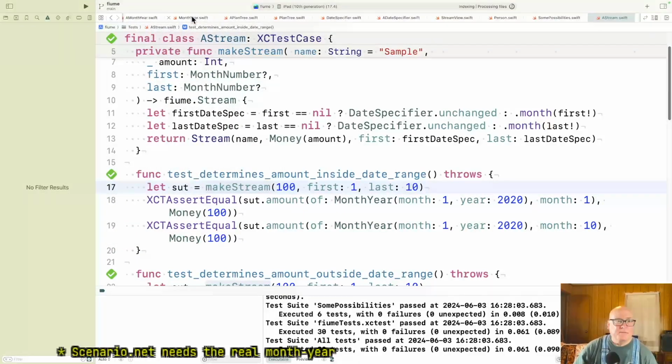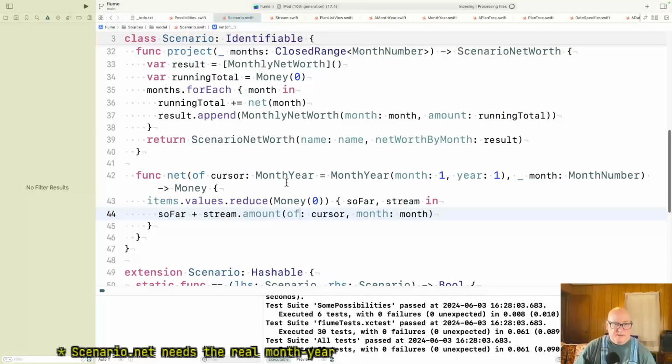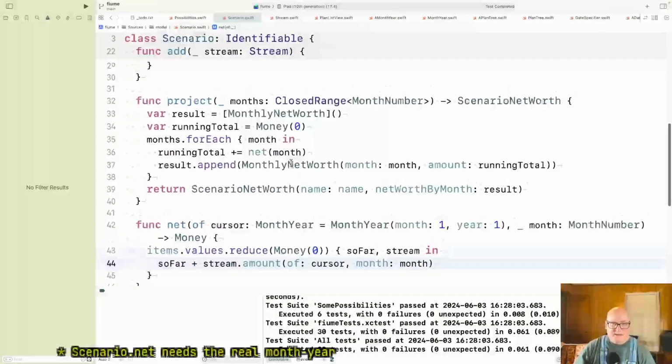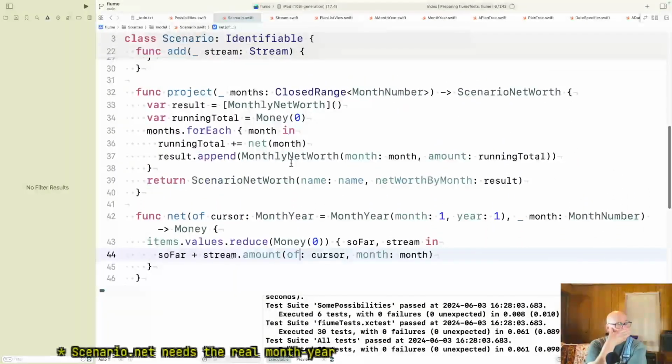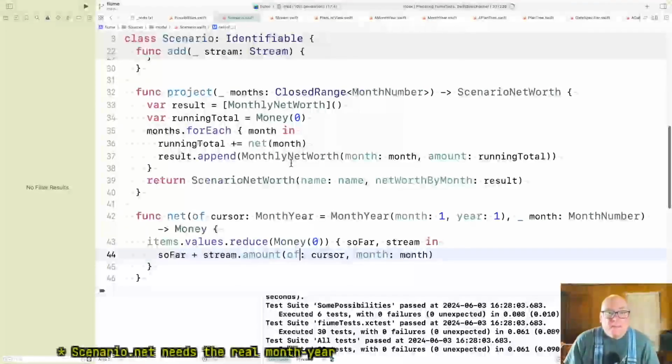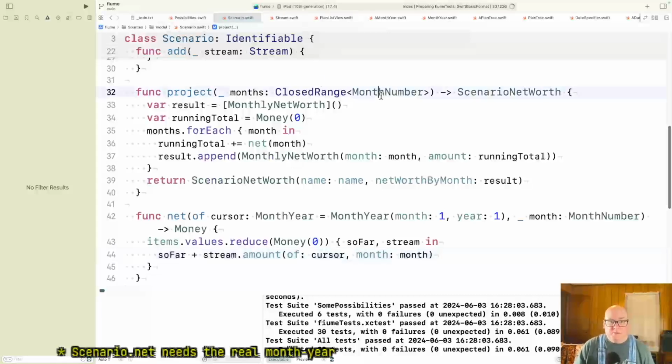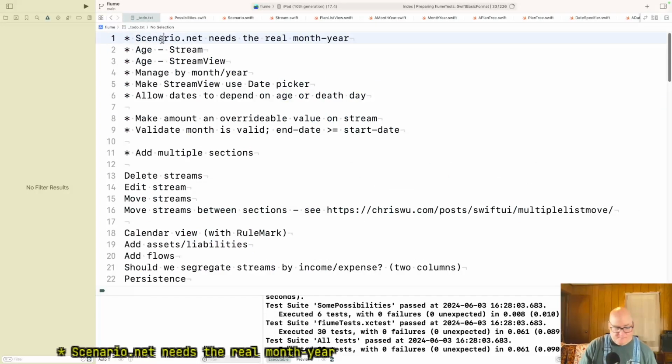Okay, and then getting up in scenario, now instead of months, I need a closed range of month years. All right, and we know month year must be comparable.